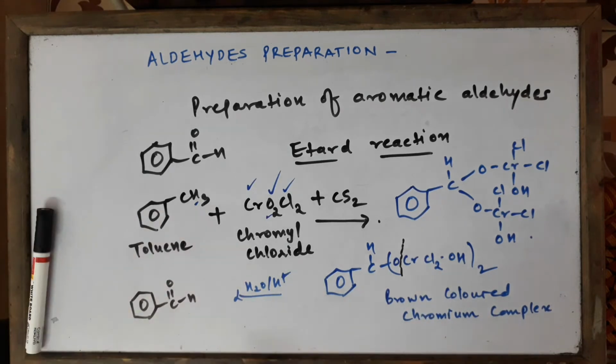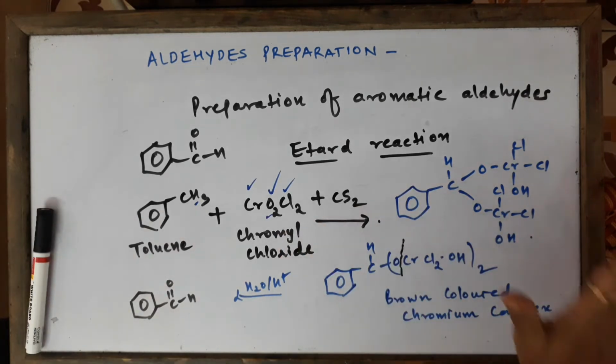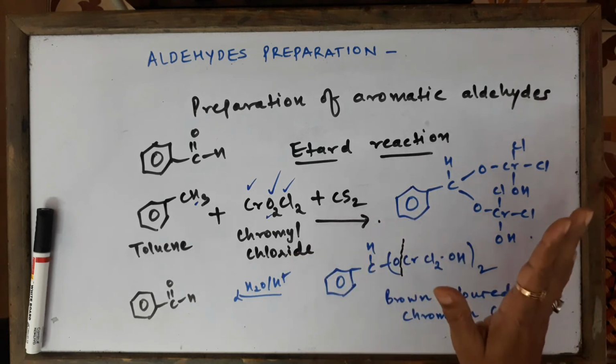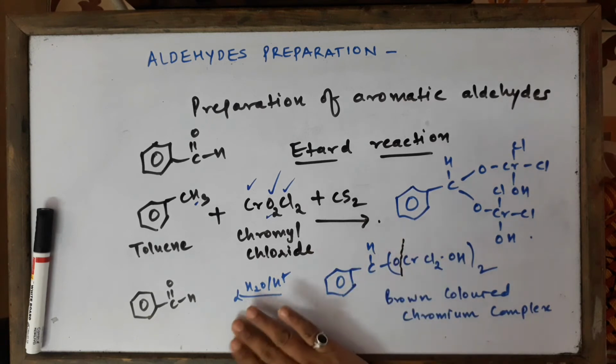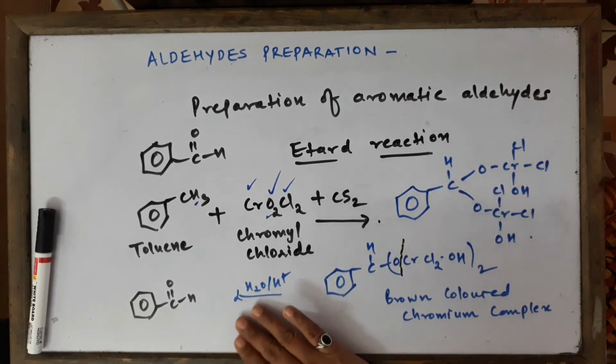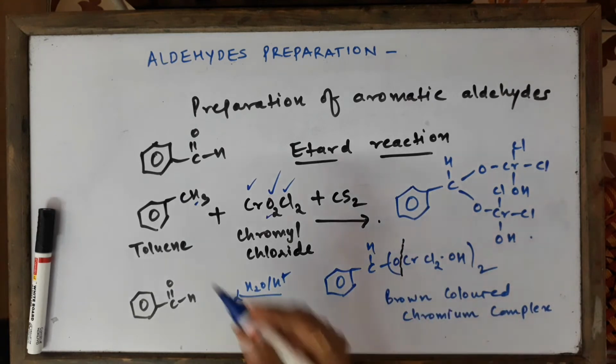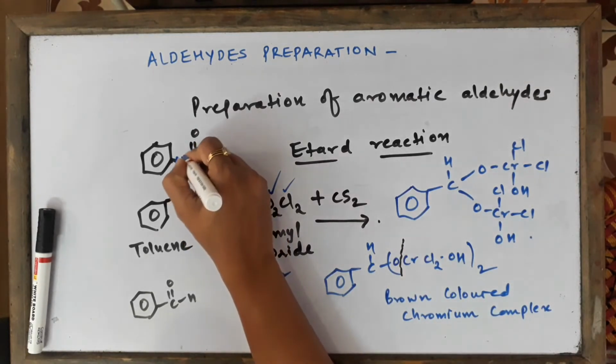So what we are supposed to write there is, first of all, a reaction is expected. So Etard reaction is used to prepare benzaldehyde. Number 2, what is Etard reagent? Chromyl chloride plus carbon disulfide. That's all about Etard reaction, children, and I think this was clear to you. This must be clear actually. One more important thing which I would like to suggest and tell you actually is this one.